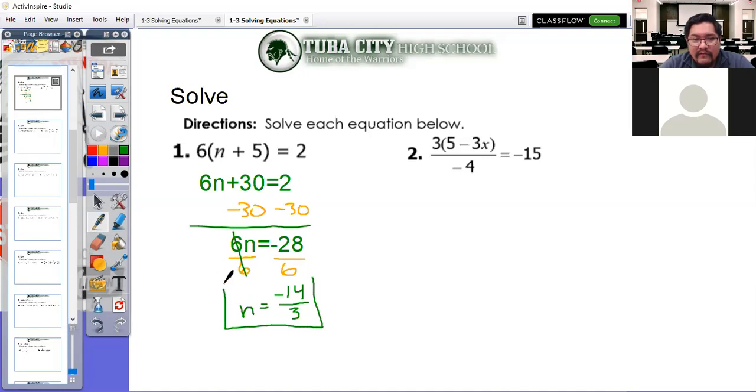So negative 14 thirds. And again, that's not something you would have guessed trying to plug things in and seeing if it worked out. It's just not what most people would consider when they're trying to plug things in to see what works. Now, in this next problem here, this is another one that I get people stuck on quite a bit,